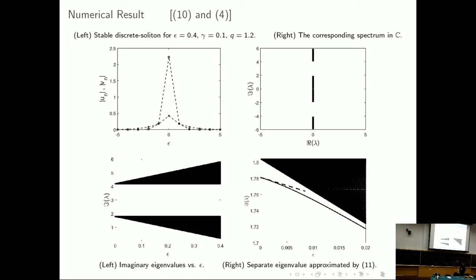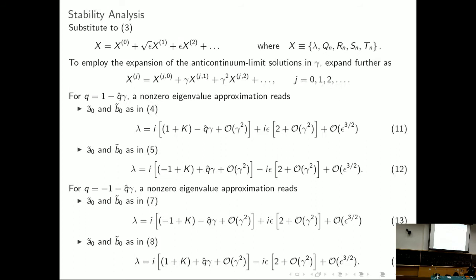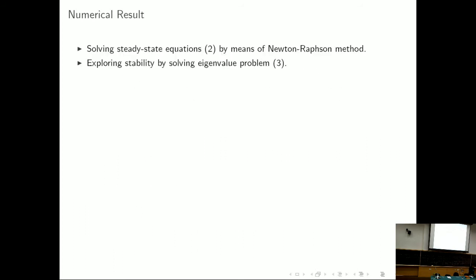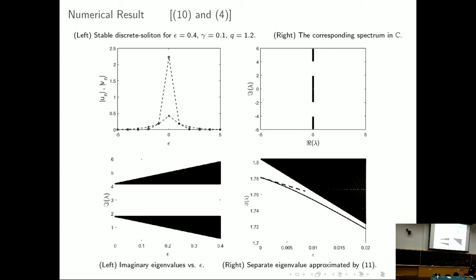And here is a function of epsilon. Initially it's just one point, and if you increase epsilon, then it becomes wider. And over there is at epsilon equals 0.4. If you zoom in around that one, around 2, then that's actually what happened. The blue one is the approximation that we did with this expression. So you see that it starts to deviate.